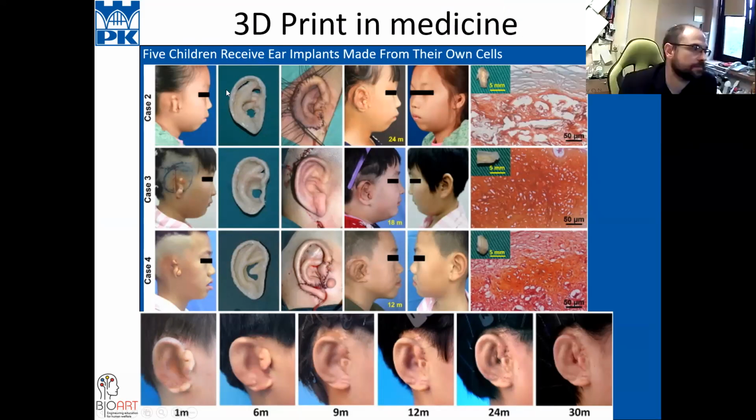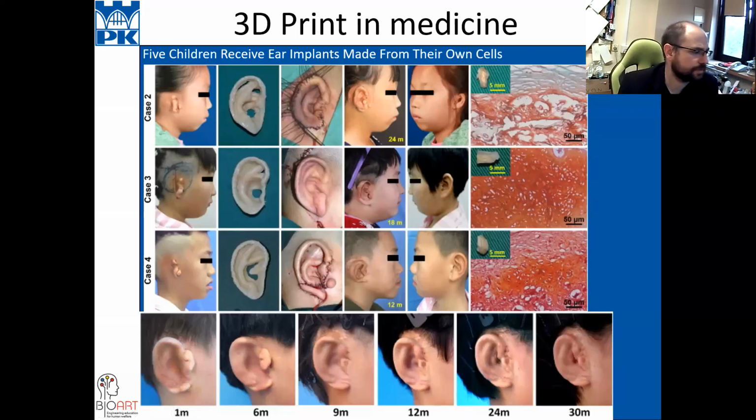They took some tissue from them and printed ears, using hydrogels mixed with tissue. You can download the paper about that, and they got very good effects. In most cases, it was very good.